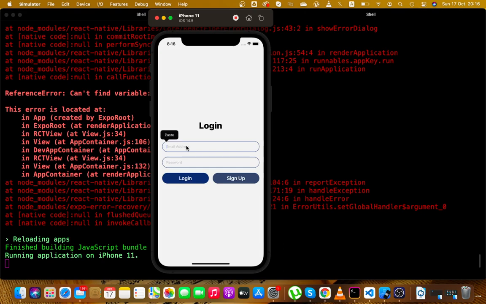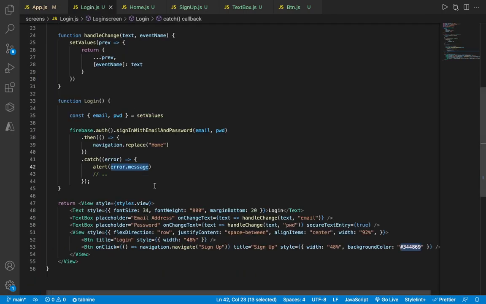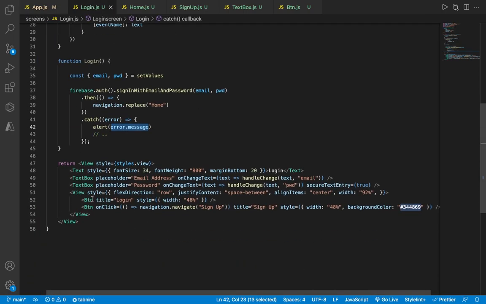Let's try logging in. I'm just gonna say test@test.com and then password 12345678 and then login. Did I? No, I haven't passed in the function yet. Oh, sorry, I forgot. So I need to say